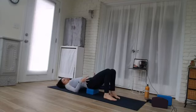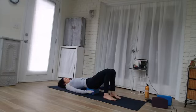We're going to come back to that. We're going to add more things. But first, from here, push down into your feet. Find these glute muscles and lift up into a little easy bridge pose where, again, you're going to start to,